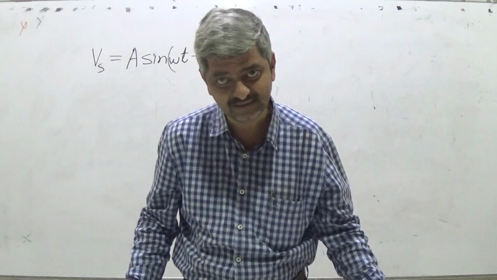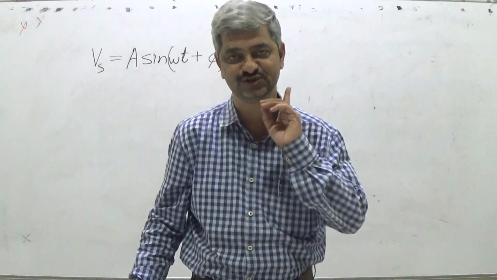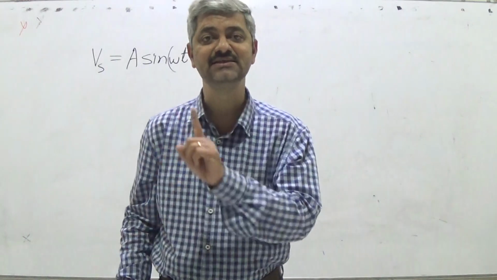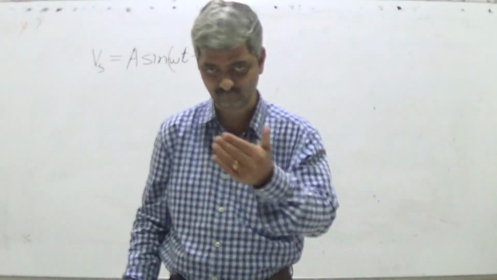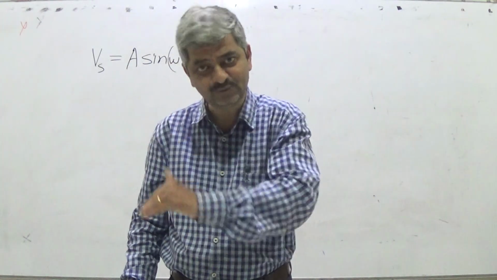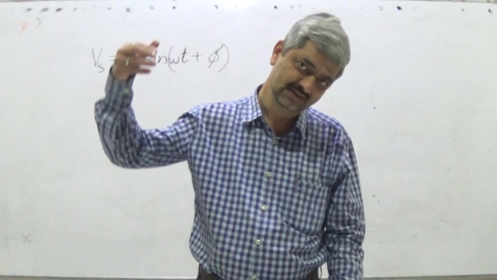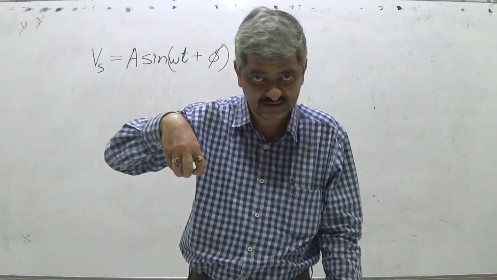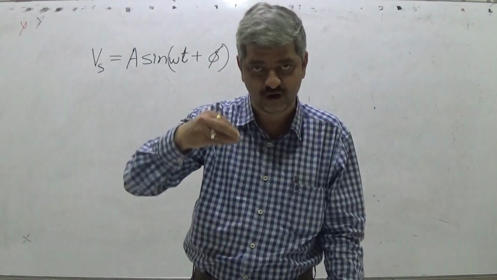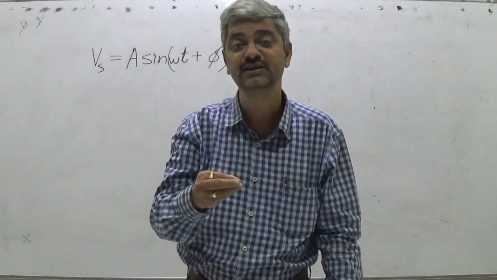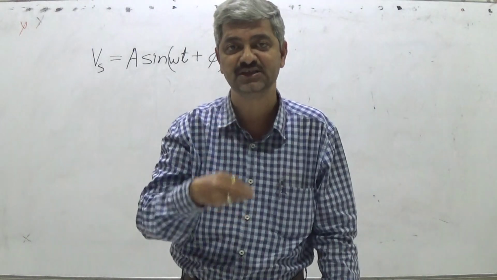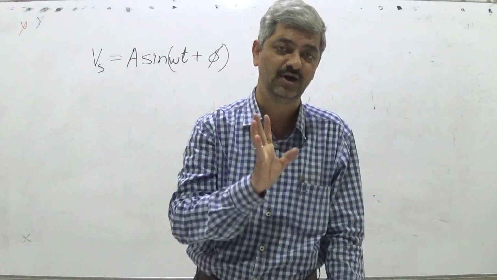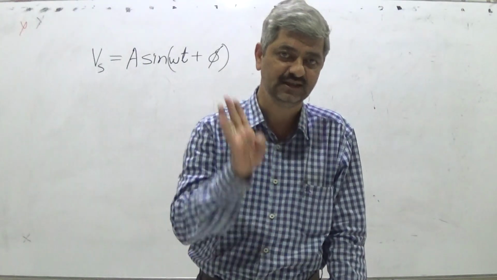Derivative of a sinusoid is always a sinusoid of the same frequency. Differentiation of A sin(omega t plus phi) is always something like B sin(omega t plus theta). Means what changes? Amplitude and phase. So for a sinusoidal signal, the differentiation operator does not change the nature of the signal. It results in a sinusoid. Therefore, the answer is always a sinusoid. For a sinusoidal signal, everything is sinusoid.